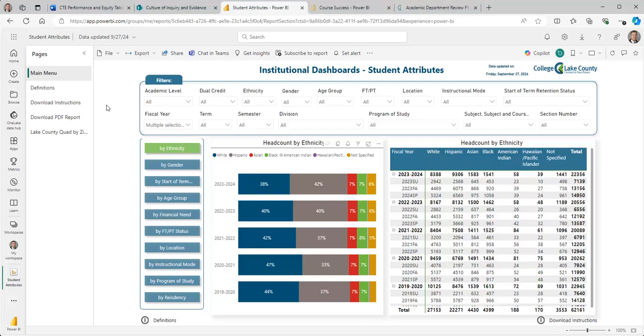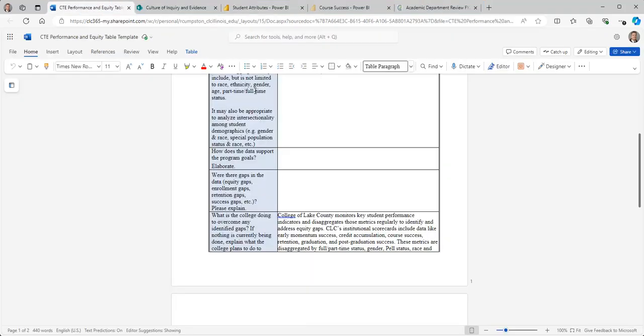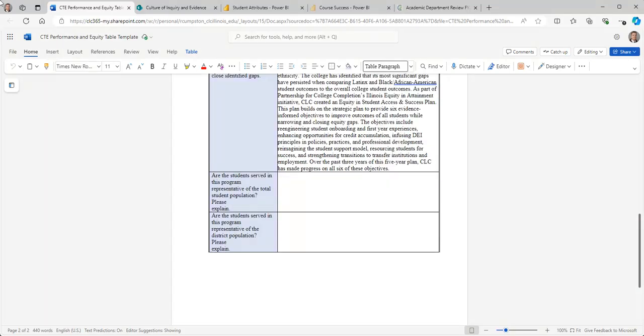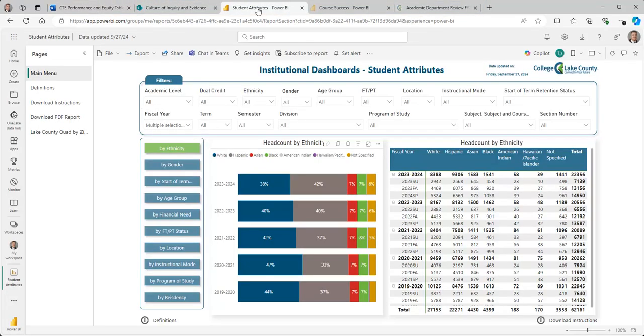I'm going to jump really quick back to the Word document because there's actually another question that this dashboard is really good for. It's the second to last question on the Word document. Are the students served in this program representative of the total student population, meaning the total student population at the college? Going back to the Student Attribute dashboard, right now we have this set to all divisions, all subjects, all programs of study. So what we're seeing is college level data, meaning that in